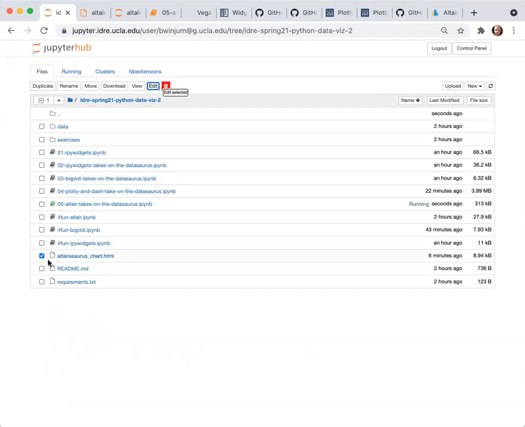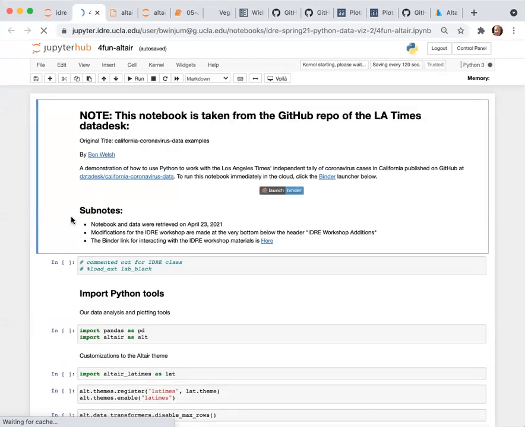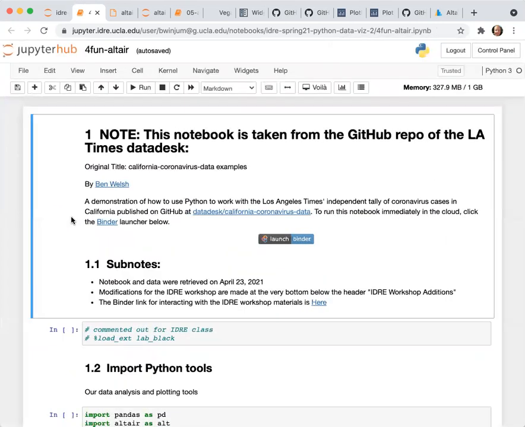And then just as one final note, I've included one final notebook here for fun, on Altair. If you open up this notebook, it was taken from the GitHub repository for the LA Times data desk. They've been posting analyses of COVID case data from across the state of California and Los Angeles.